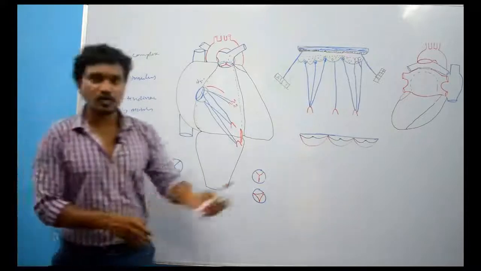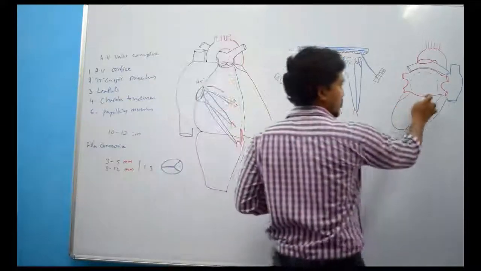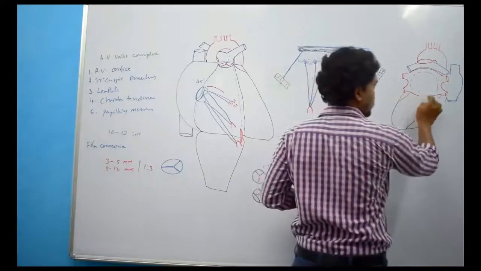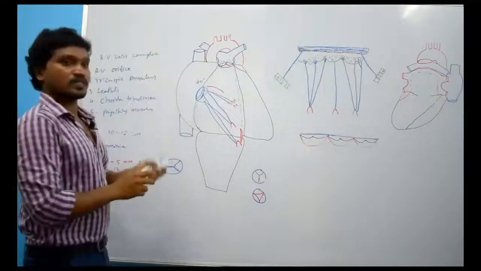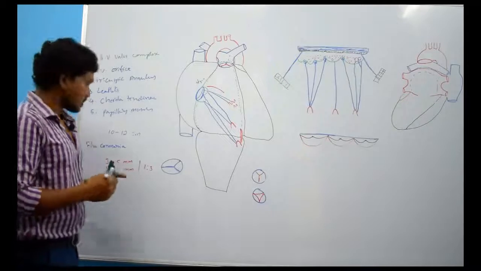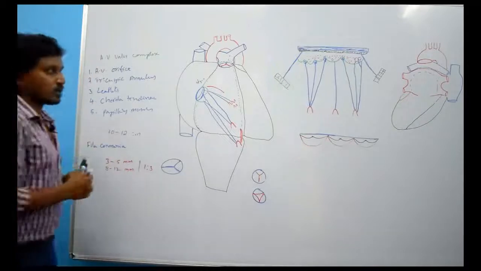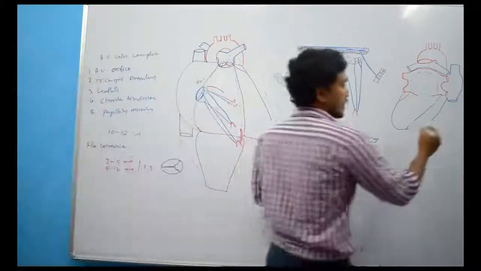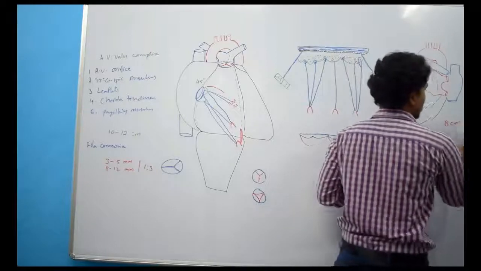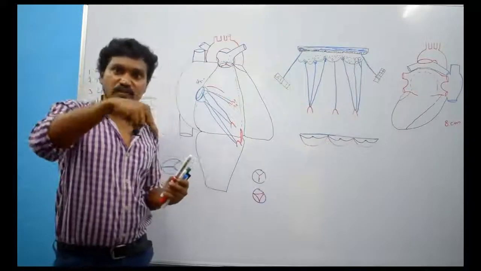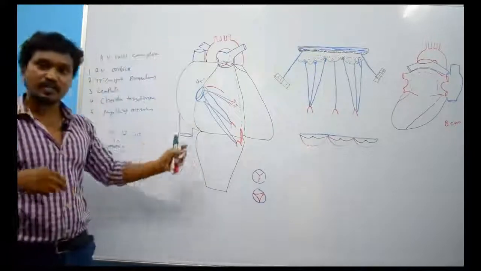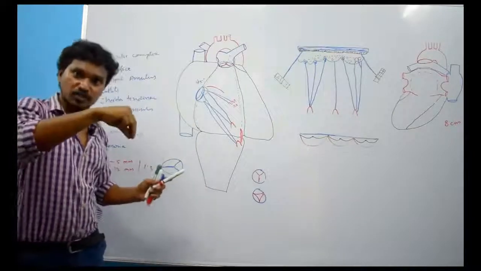So there is also an orifice. Which orifice is this? Atrioventricular orifice. In case of the right side it is how much? 10 to 12. But here it is only 8 centimeters circumference. It permits only 2 fingers into it. But in case of the right side it permits 3 fingers into it.